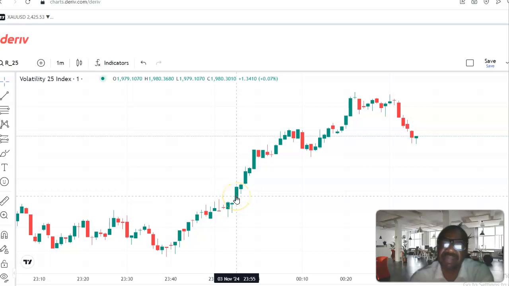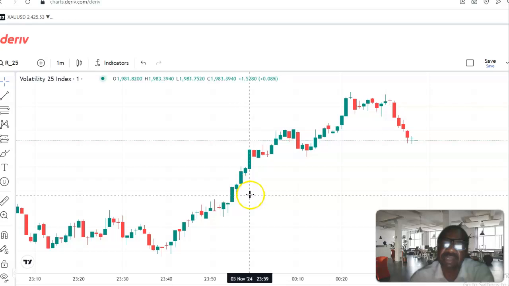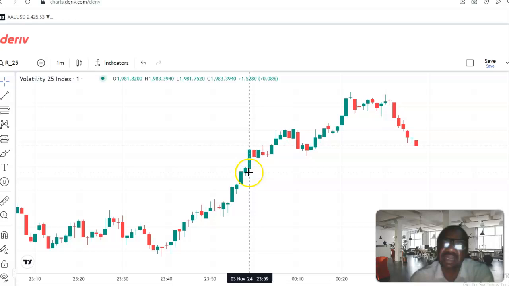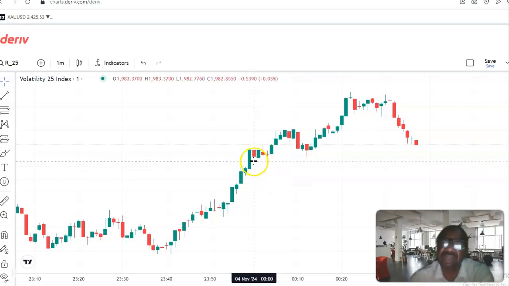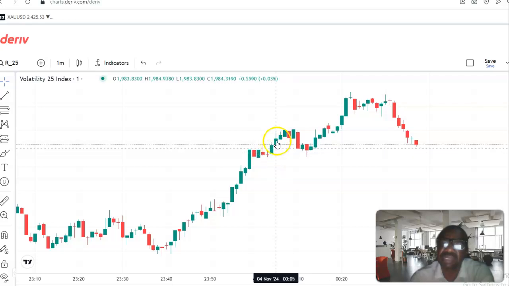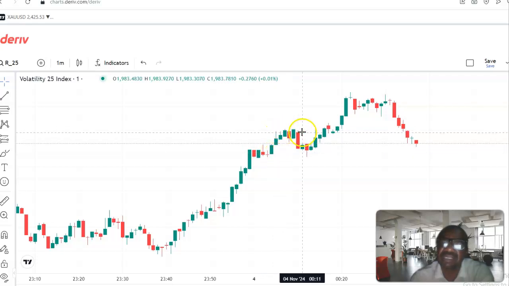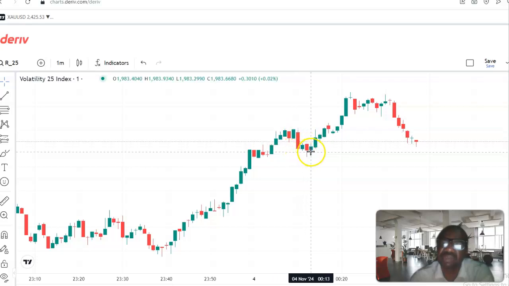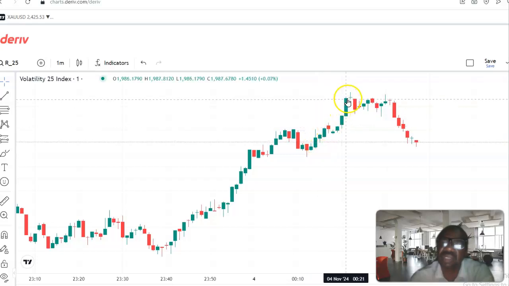Then Marubozu, bullish continuation. Then a hammer, bullish reversal, Marubozu, bullish continuation. Then it continues, bullish continuation. You can see this particular candle, then it keeps moving, then we'll see a doji here telling us that there is a trading range here. Then bullish continuation, it keeps moving, look at it. Then we'll have bullish continuation, then bearish, then it dropped below, then we continued up again, continued bullish continuation until